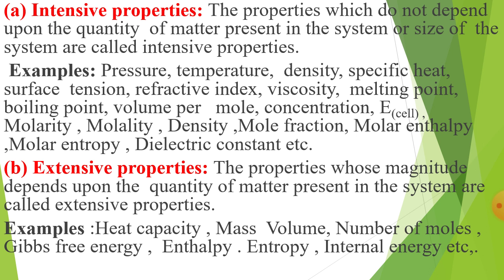Similarly for volume, it could be 1 liter or 2 liter. Volume can be changed, so the property also changes. Hence it also behaves as an extensive property. Gibbs free energy, that is delta G, also depends upon the amount. That's why it is also an extensive property. So again go to class 11th, read chapter 6 Thermodynamics, and recall the things about intensive properties and extensive properties.